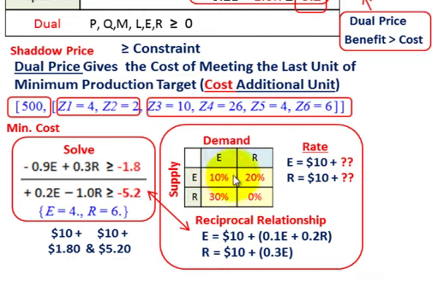In this case, it's 1/10 or 10%, 1/10 E plus 2/10 R. And then you've got your R function. It's just $10, that was that hour, plus 0.3E. What you're doing is just putting one of these factors into the other one. Whatever E equals, you put it in there to determine what your rate is for R, and